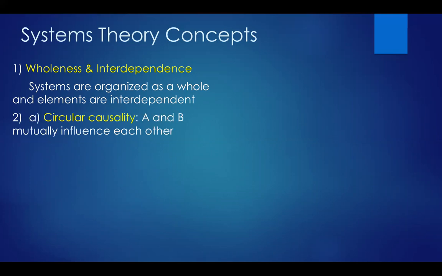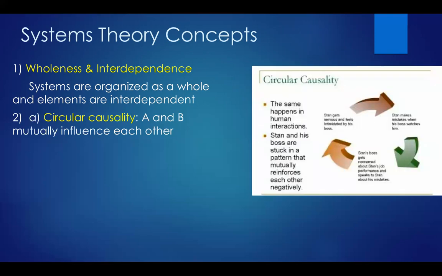Because of this interdependence, there's something called circular causality, meaning that different elements, so A and B, mutually influence each other. So person A influences person B, B influences person A. It's not just usually one directional cause, but it's circular. So if we take this as an example,